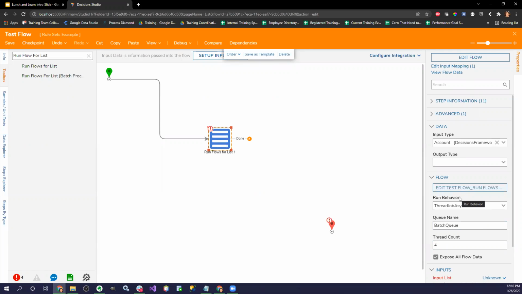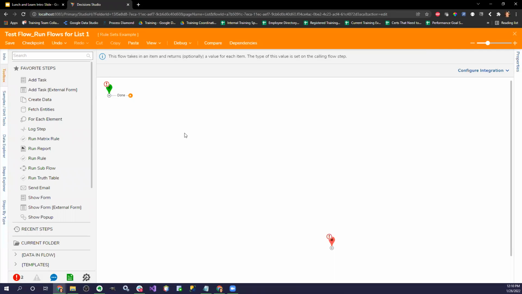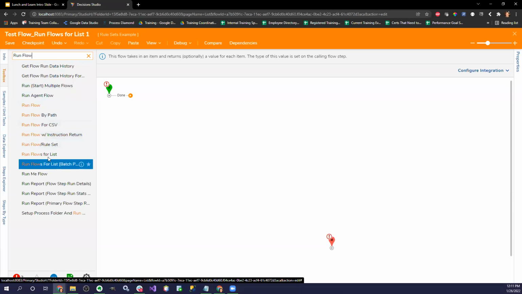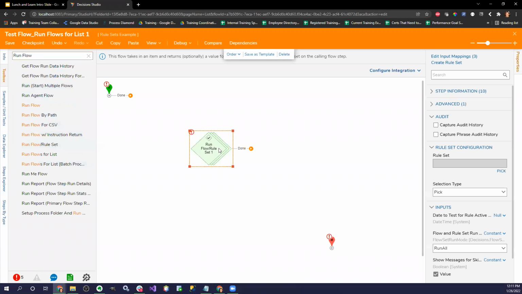And how I would think, if I understand your use case correctly, is you would add your rule set inside this flow. So see how it says test flow, run for list, flow. I'm inside that step. That's the thing you've got to grasp here, is I'm actually inside that step. And I'm saying this is the flow when decisions hit the step that I want it to run several times. So I would say, hey, run rule set, and I would pick my rule set.